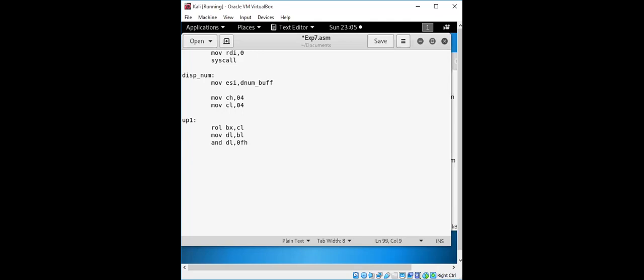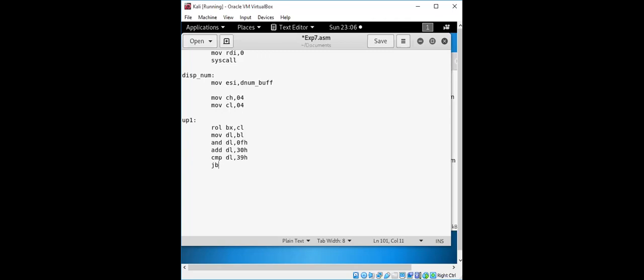Right, so while displaying the content, we need to check the values we have in a control register or the contents of your LDT, IDT, to calculate the ASCII code. Okay, and then we'll compare it with 39H, right?